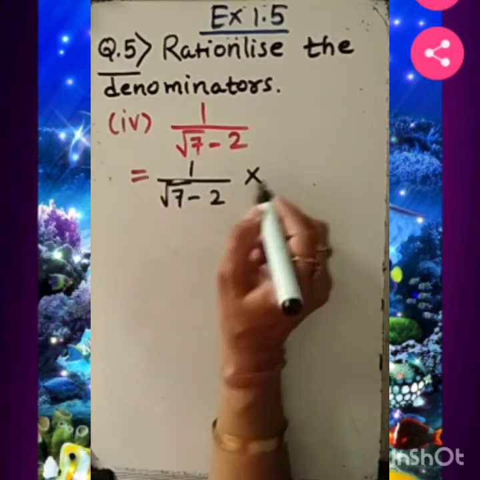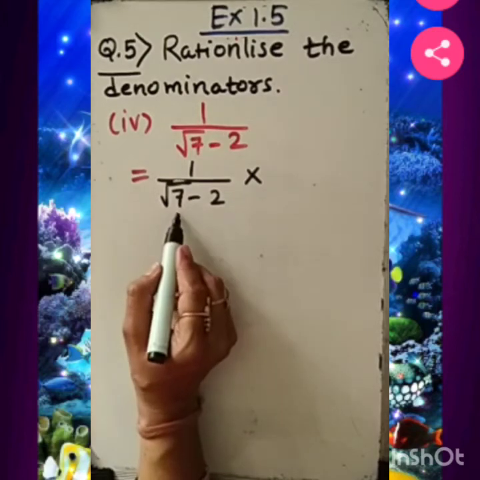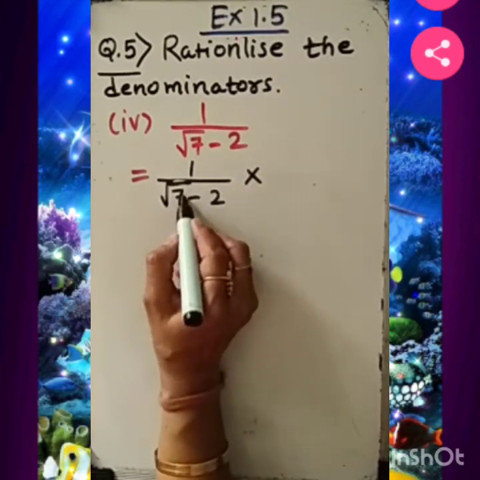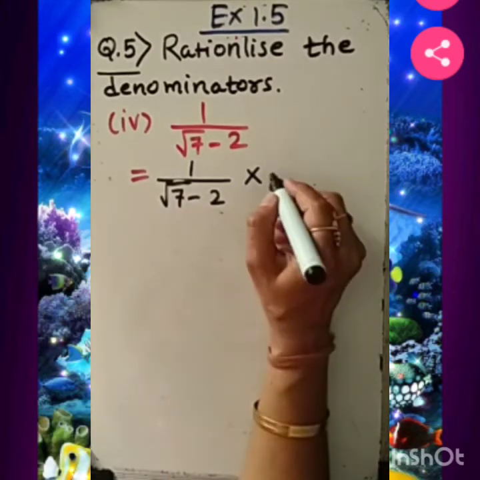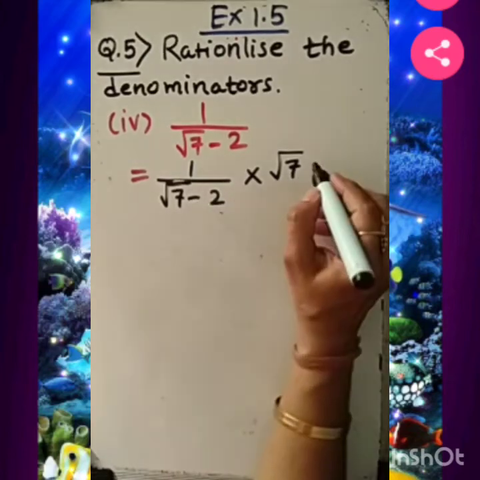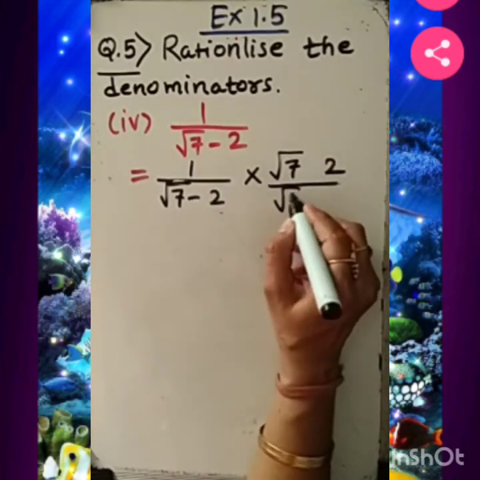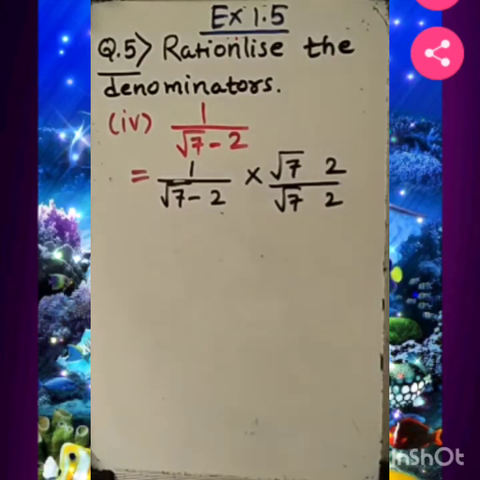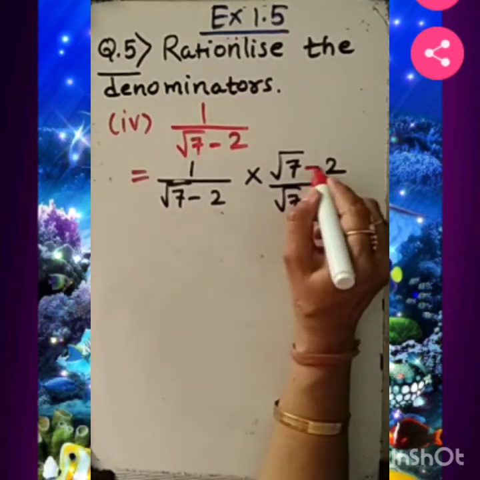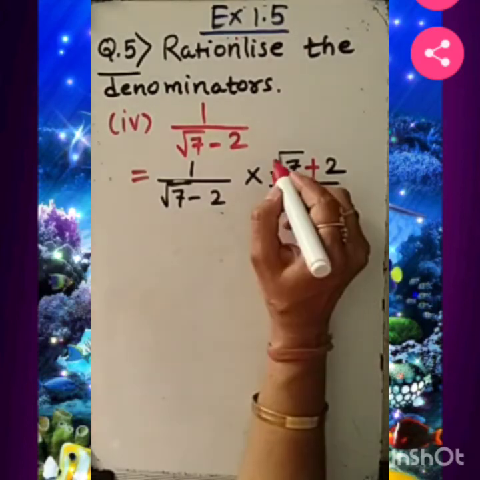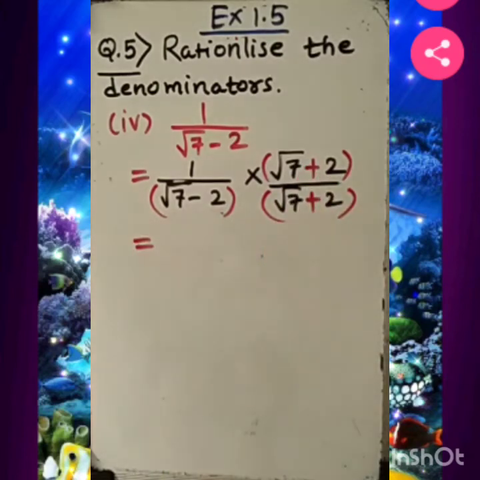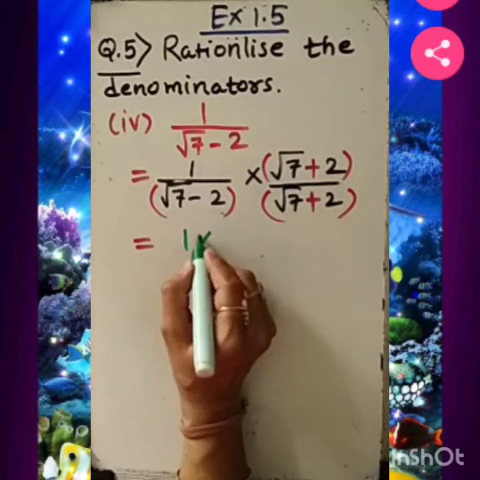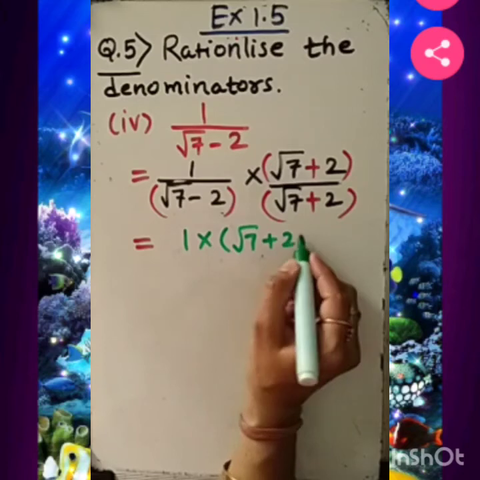We know that we want to rationalize. Because what we are given in the denominator is a difference of an irrational and a rational number, we need to multiply, as it is minus here, with plus. We need to multiply with its opposite sign, and we need to divide with the same also. As you have seen, here we are given minus and we are multiplying and dividing with the plus. So in the numerator we will have 1 into root 7 plus 2.